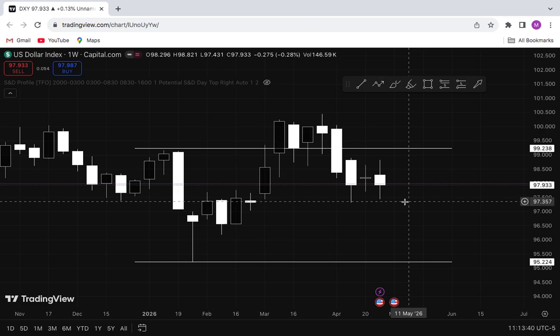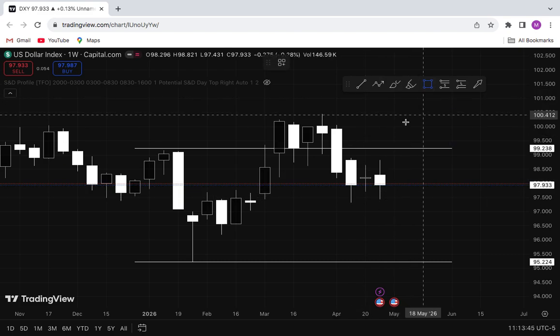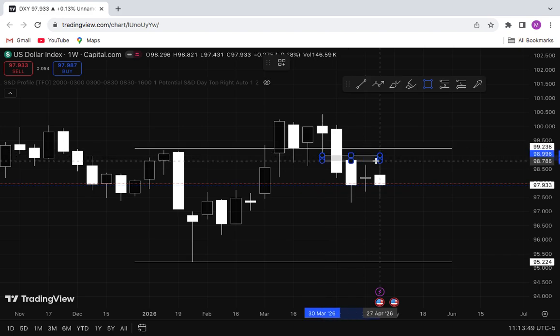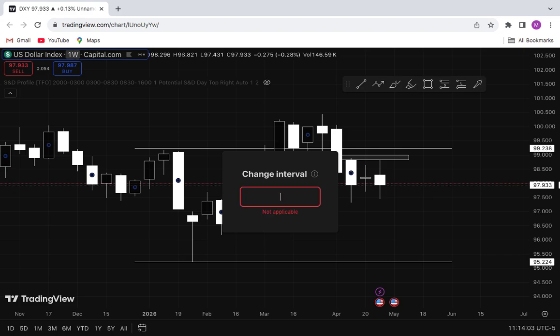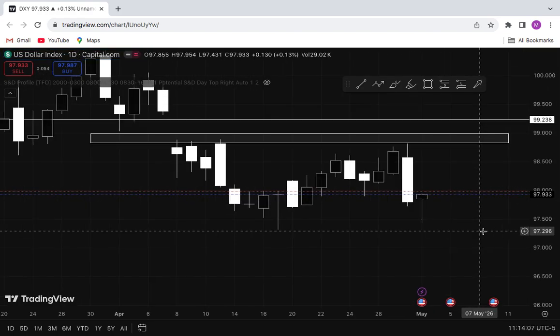Now, looking at this area of the market, what happened? We had this area here, which is a key level, and if you look keenly, price came and collected it. It's like a fair value gap. Price closed below, came back, collected this fair value gap, and we had a dump to the downside. I would like to go to the daily time frame so we can have more clarification.